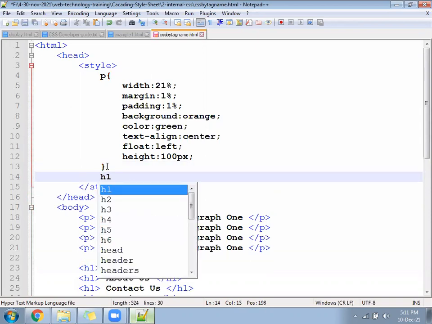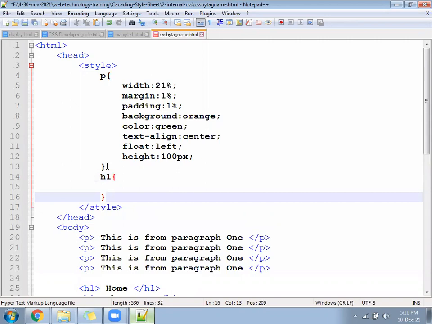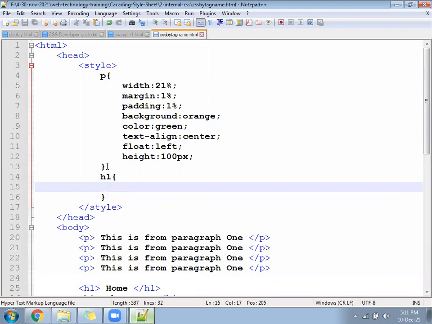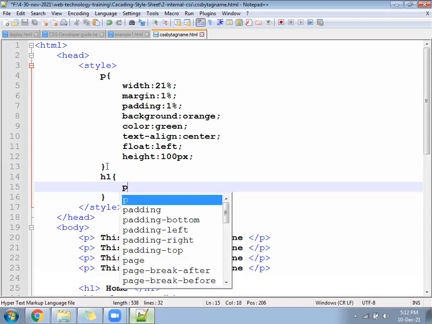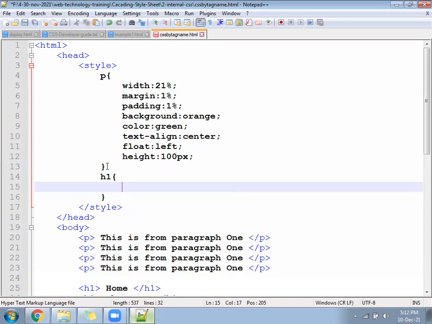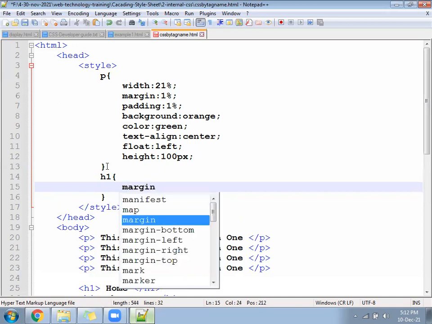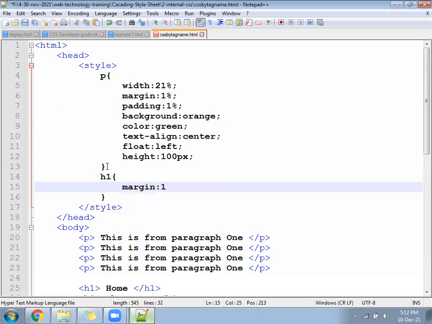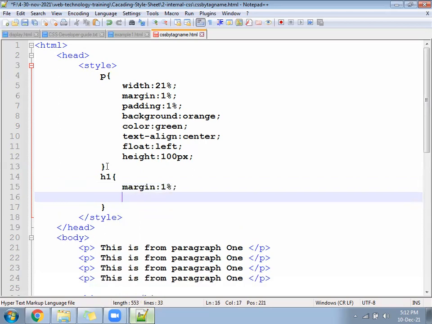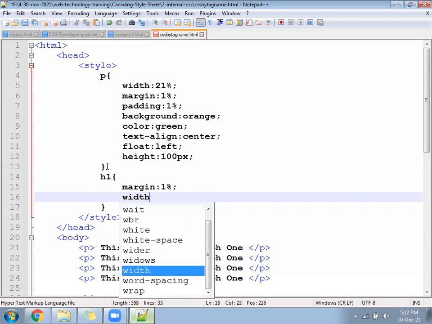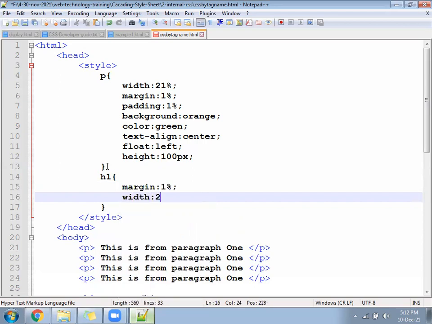H1. Margin of the H1, 1% only. Then width of the division will be 20.